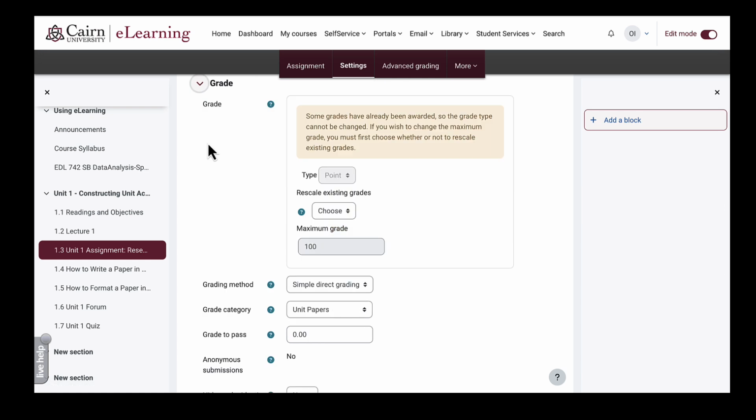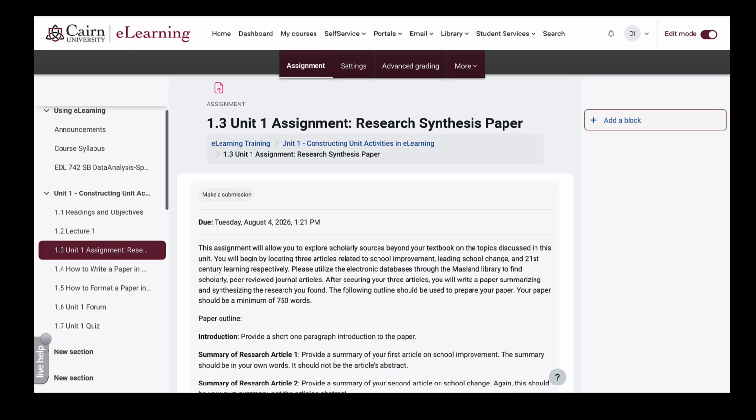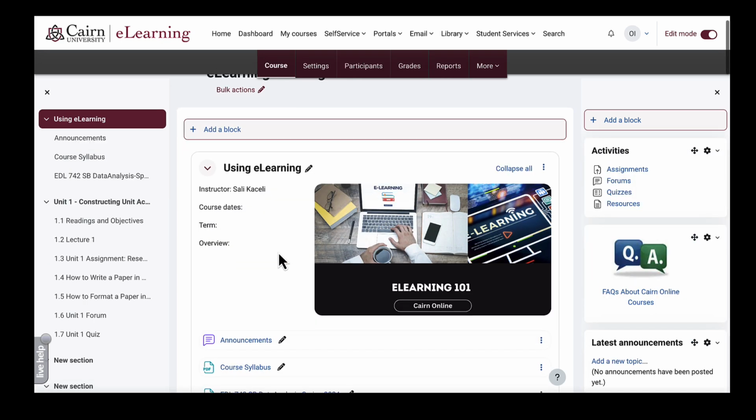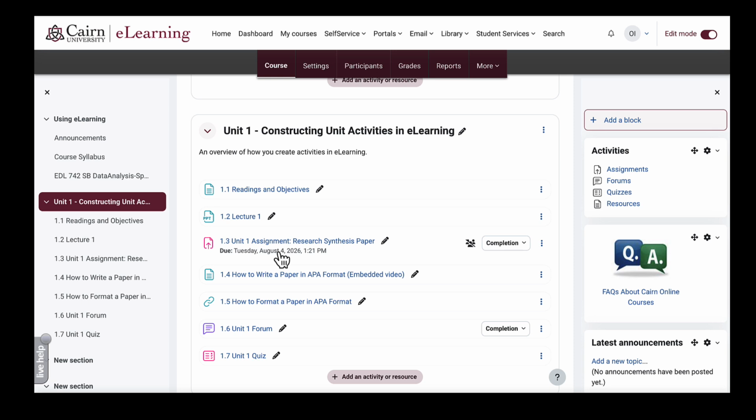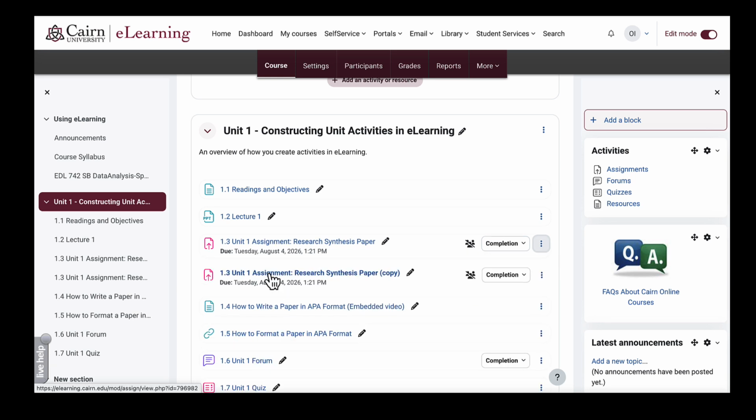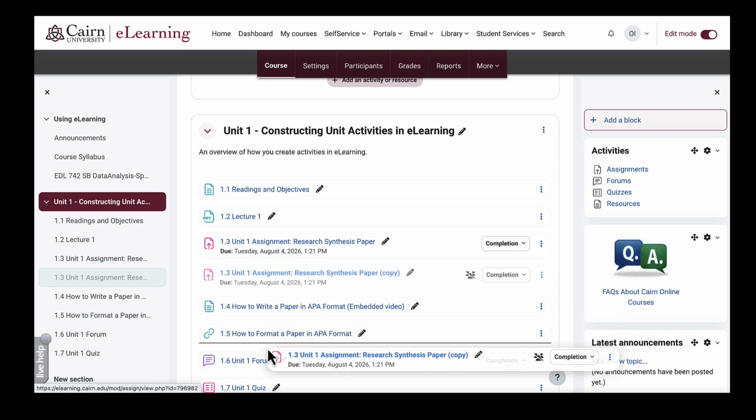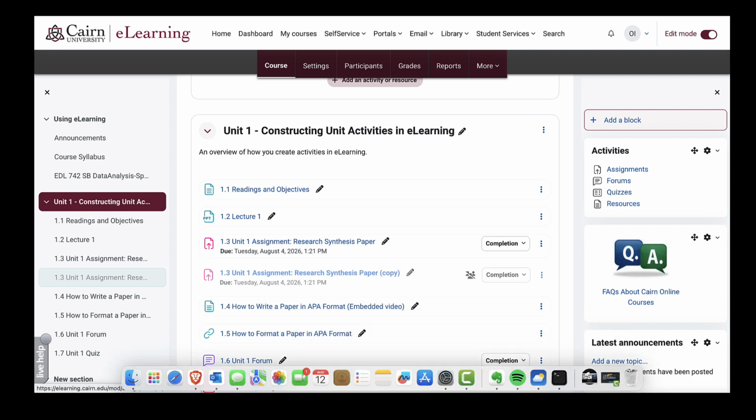And instead of you having to create the assignment from scratch every time, you can go to the course and duplicate this assignment or activity. And to duplicate it, all you have to do is click on the 3 dots here on the right-hand side, the quick menu, while editing is on in the course, and then click on duplicate. You can drag this item down to wherever you need it in another unit in your course by simply holding down the mouse,